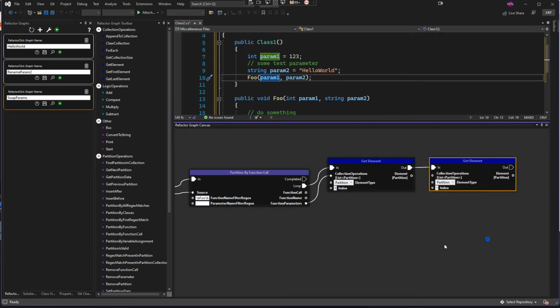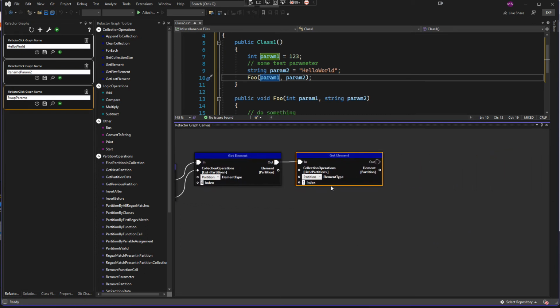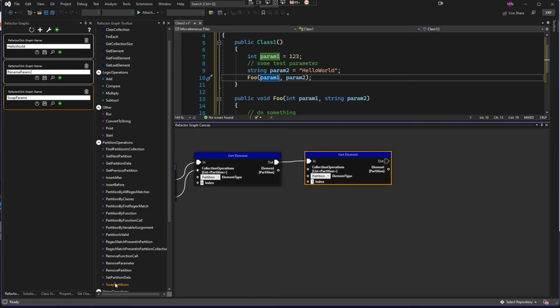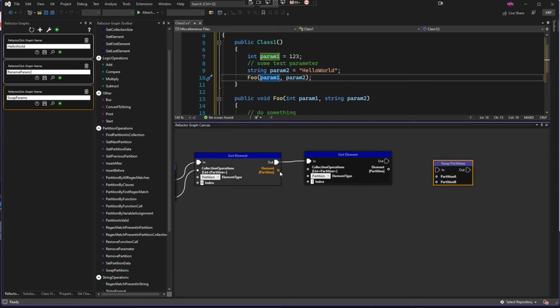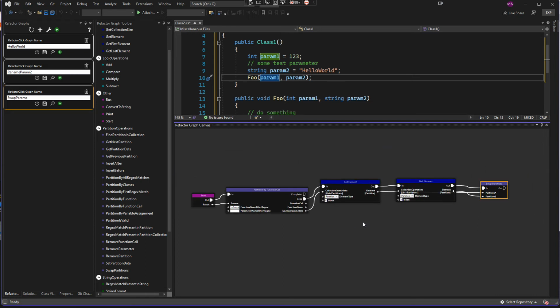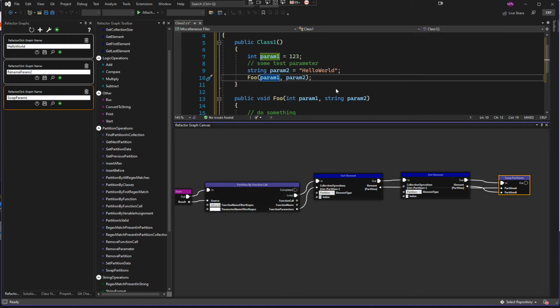Now, once we got both of these partitions, we want to swap them. And for that, we have a swap partitions node. So for partition A, we pass this element, and for partition B, we pass this element. And again, we connect it here. Now, once we run this,